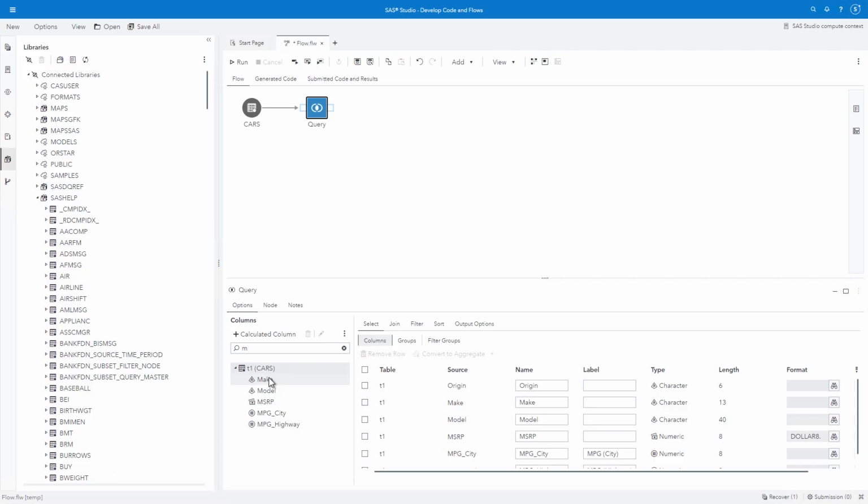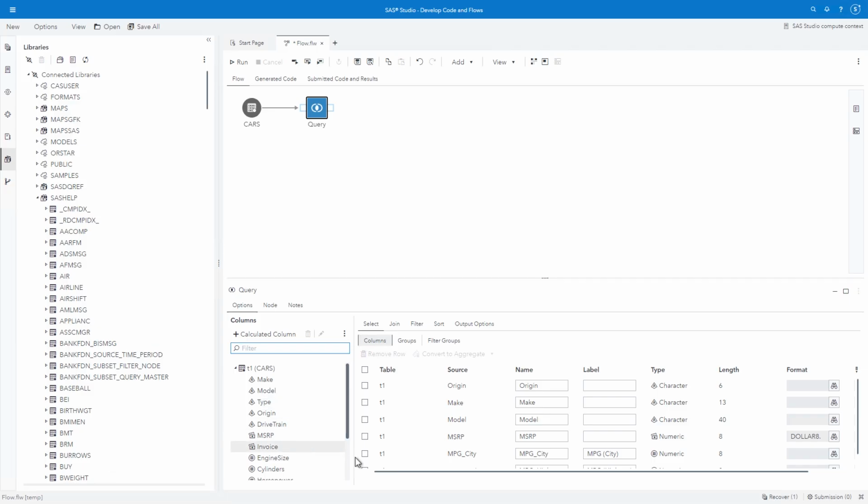You can add columns to the Select tab in several ways. To add individual columns, you can double-click or drag and drop the column, or you can right-click the column and select Add Column. For multiple columns, you can use the Ctrl or Shift keys on your keyboard to select multiple columns and then add them to the Select tab. Click Clear Filter Text in the Filter field to return to the full list of columns in the Columns pane.